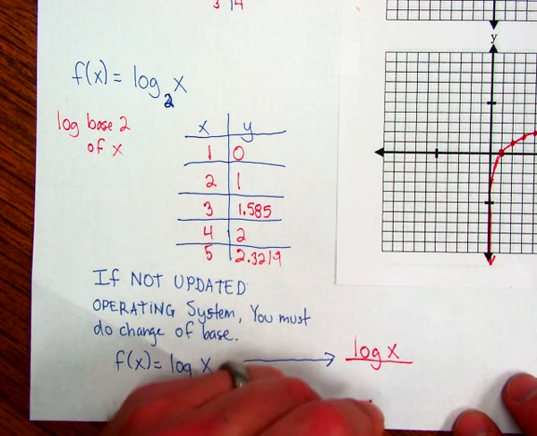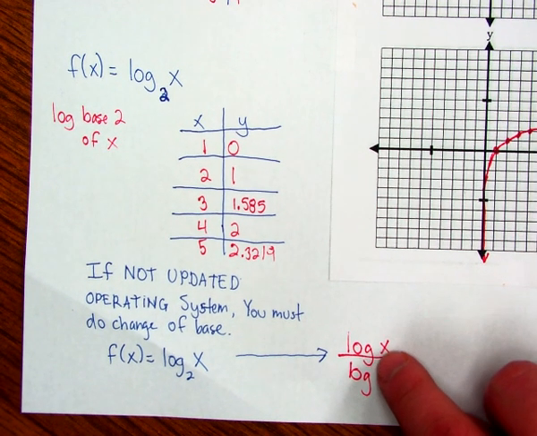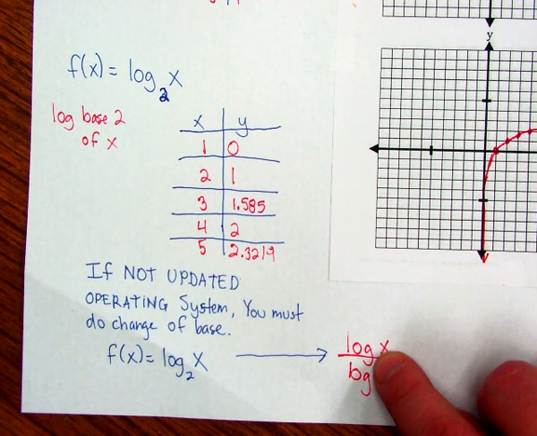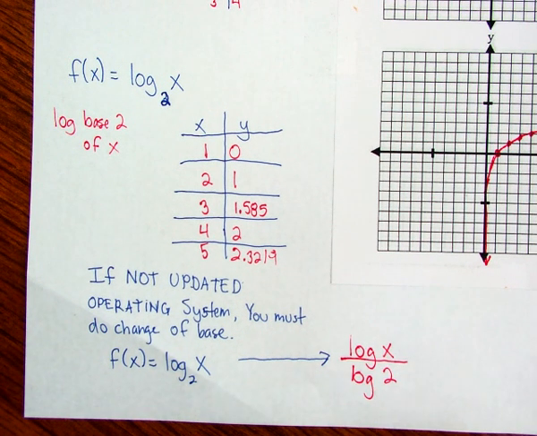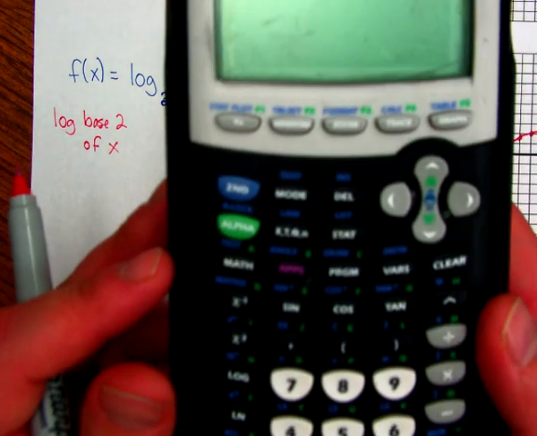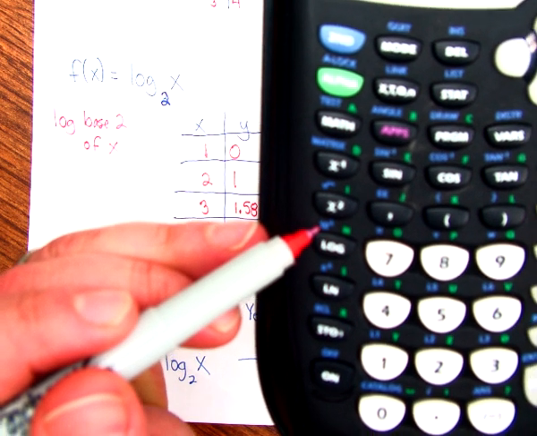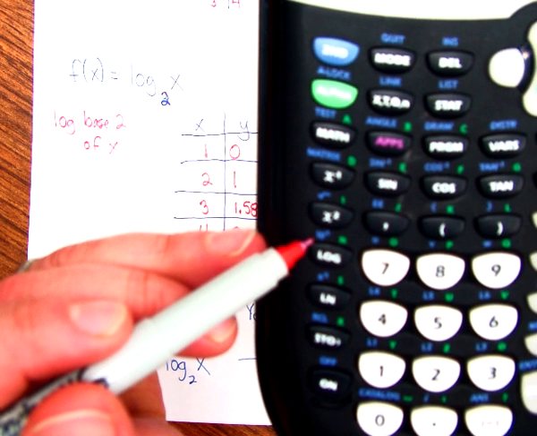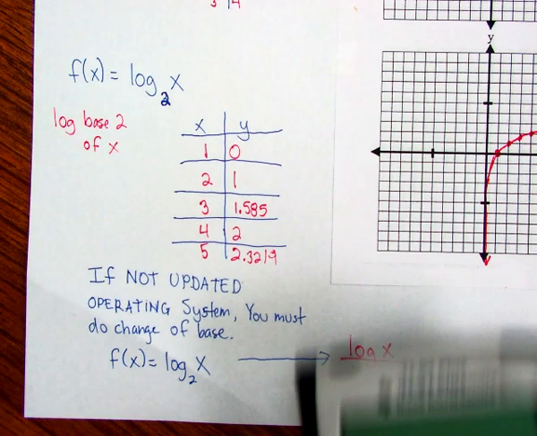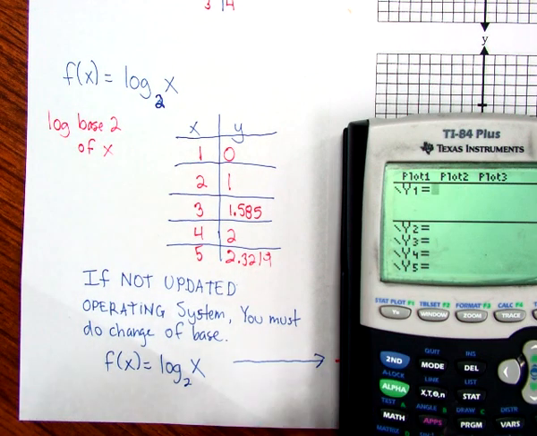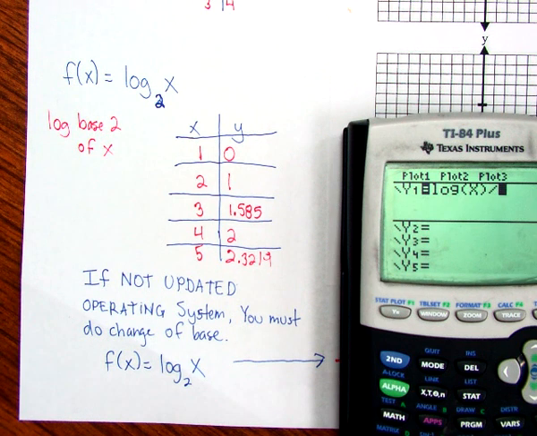So we're going to go log of x and divide it by log of 2. What that does is it makes a base here of log, which is 10. Well, we'll talk about them more later. And then same thing here, this is log base 10. Logs normally have a base 10. That's why if you look at your calculator here, right above log, it actually says 10 raised to the x, because the base of logs is 10, and then natural logs is e, which we'll talk about later. So to put this in the calculator, again, go log of x divided by log of 2,